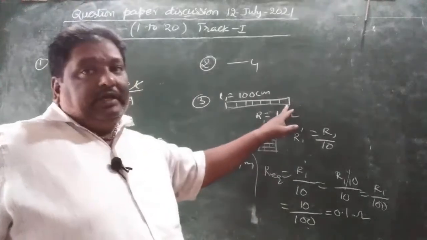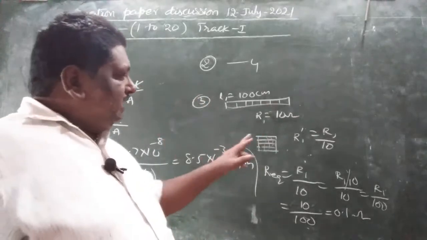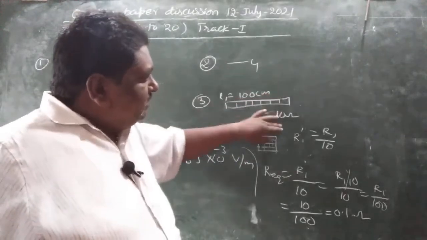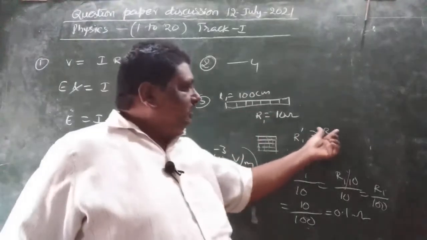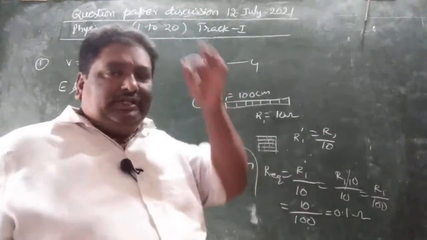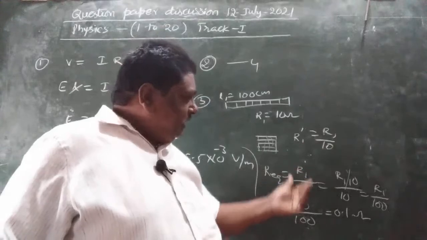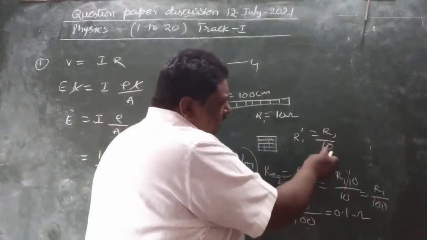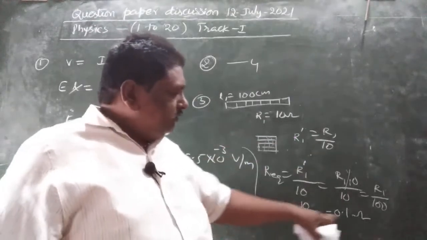See the question one more time. A 10 ohm resistance wire is taken, length 100 centimeters, cut into n equal parts. N means 10. So total 100 centimeters, 10 ohms, one part is 10 ohms by 10. Therefore, each resistance is R by 10. All are bundled, which means parallel connection. So 2 equal resistors in parallel, R by 2, 3, R by 3, like that. This value is already R1 by 10, so R1 by 100. R1 value 10, therefore 0.1 ohm.